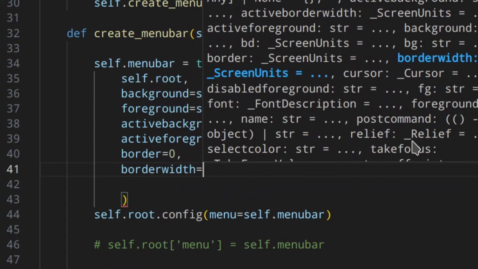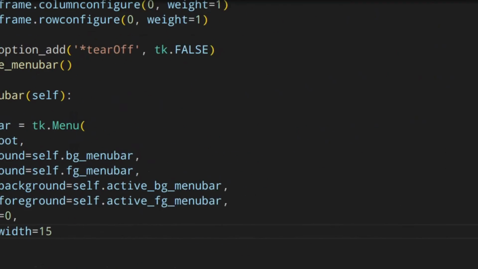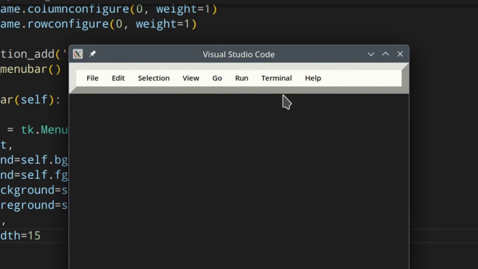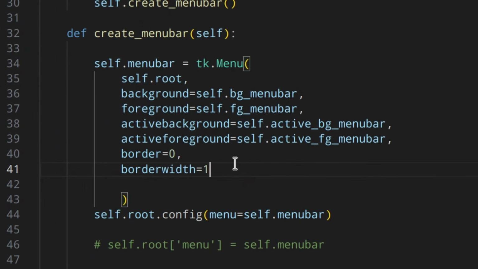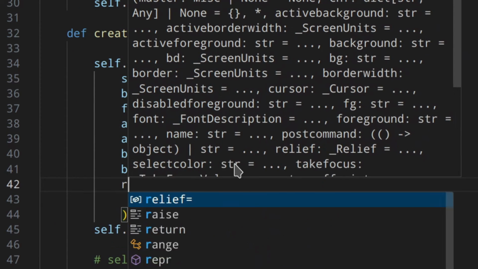So I'm just going to show you with the border width. Let's try 15. So as you can see, you've got this border width around. As I said earlier, this doesn't work on Windows. I don't want that, so just 0. Then relief, you could do something like flat. Actually, I'm going to show you with the 15 border width and relief flat. As you can see, you've got this around, but when you go over the elements, you don't see the whole thing, but just the middle, so it doesn't look good at all. So I'm just going to stick to 0, and then this is not necessary.